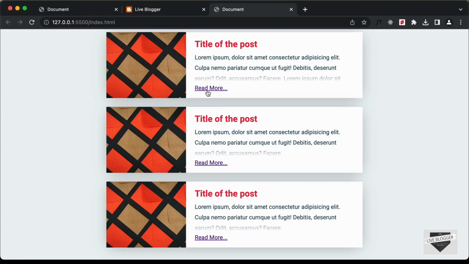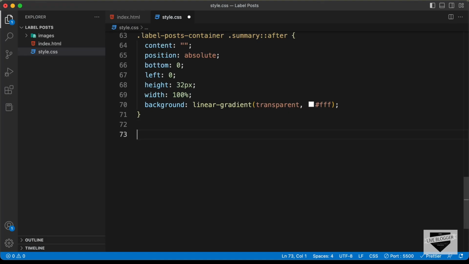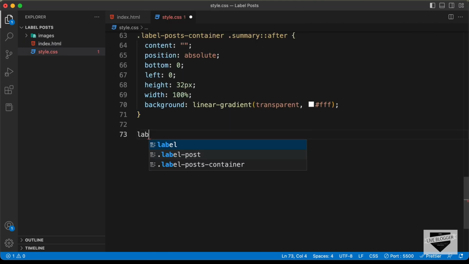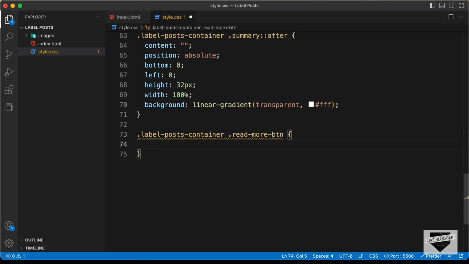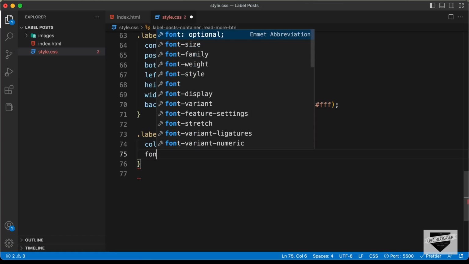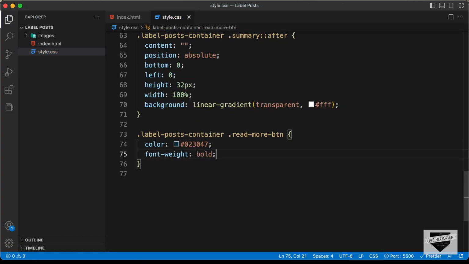Now the next thing we need to style is this read more button. Let's target that. For that we have this anchor tag with the class of read more btn. So let's type label post container read more btn, and let's set the color of the text to 023047. Let's set the font weight to bold, and we'll set the font size to 13 pixels,